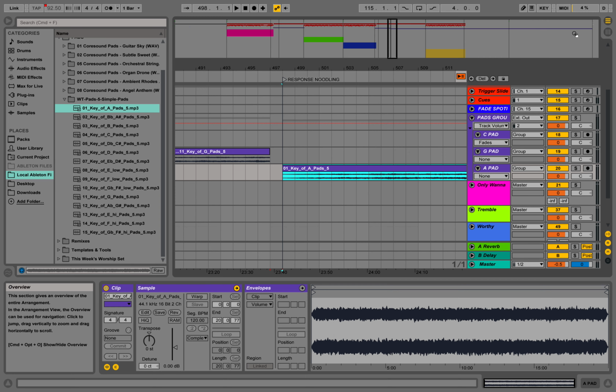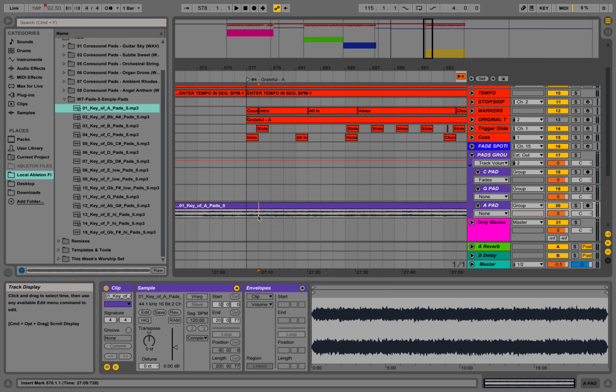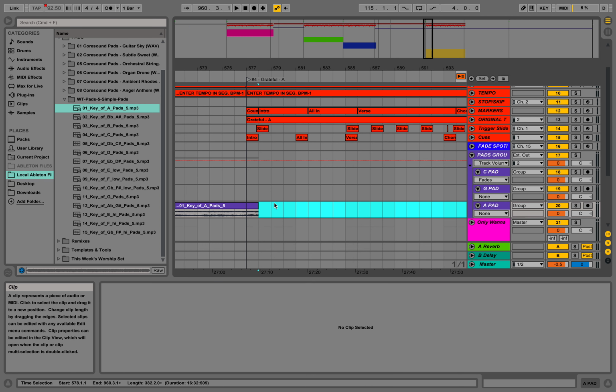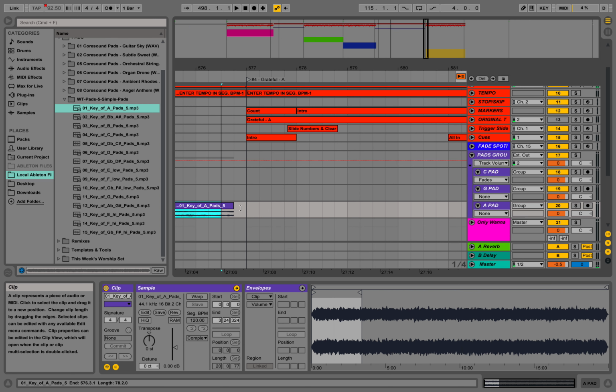You see again it's way too long, so what I can do is go to the beginning of the song and I can just cut it at the intro and then fine tune where I want it to actually fade out. Intro 2, 3, 4. So let's get this out of the way so I can hear if there's a fade in or a swell in this measure for Grateful. Intro 2, 3, 4. There really isn't, and so I'm actually going to extend this out into the second measure